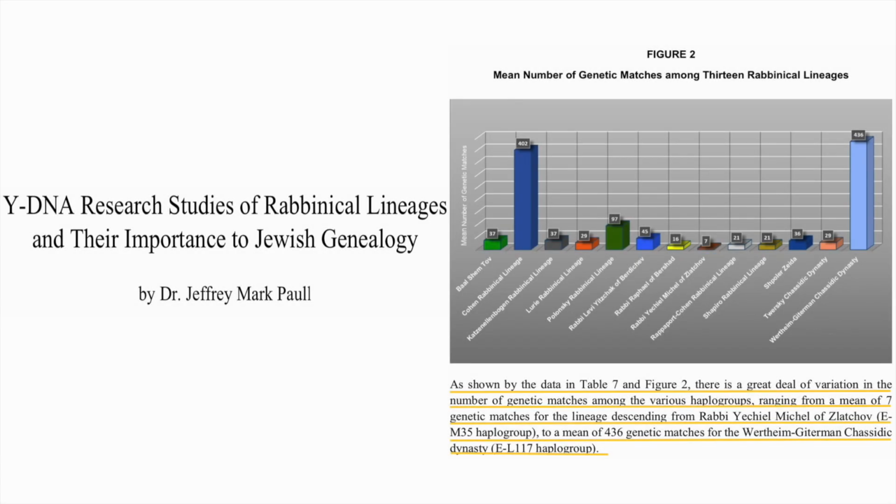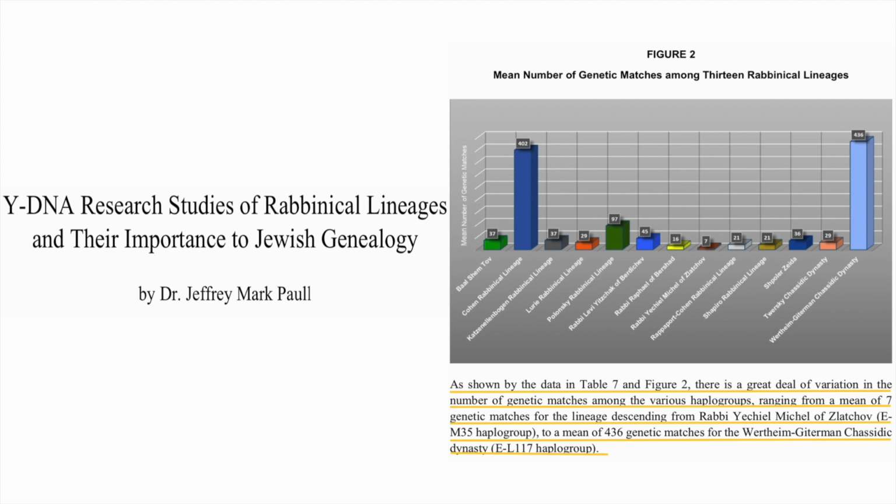As shown by the data in Table 7 and Figure 2, there is a great deal of variation in the number of genetic matches among the various haplogroups, ranging from a mean of 7 genetic matches for the lineage descending from Rabbi Yechiel Michael of Zlotchov, E-M35 haplogroup, to a mean of 436 genetic matches for the Wertheim Gitterman Hasidic dynasty,